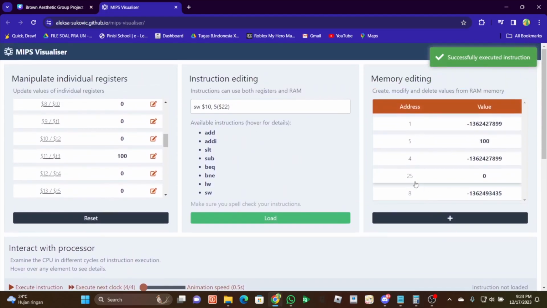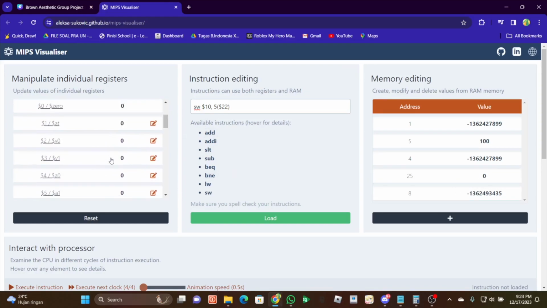Then as you can see, the address for 25 is changed into 0. Why is it 0? Because the address of 10, the source address, the source value that we want to store, is 0. Then the address for 25 is 02.